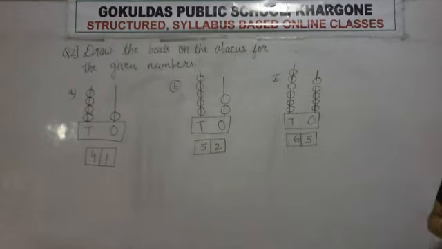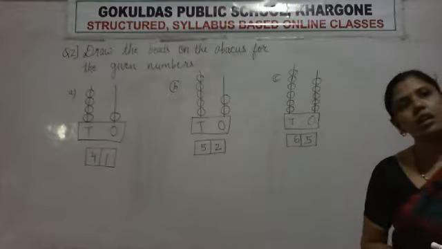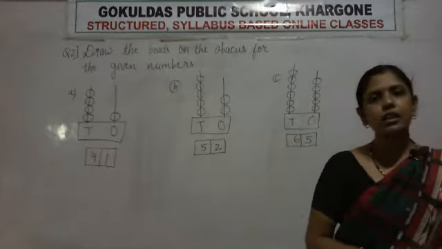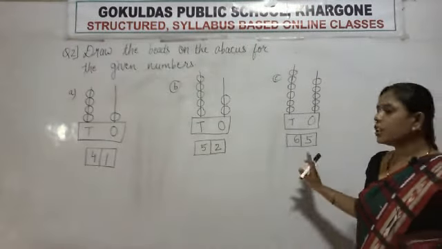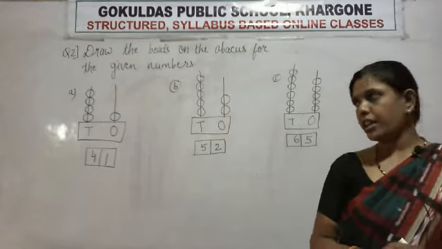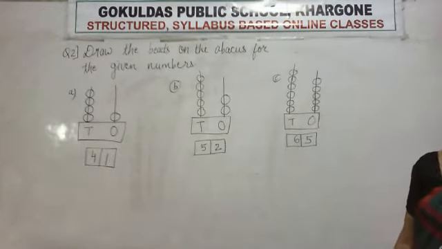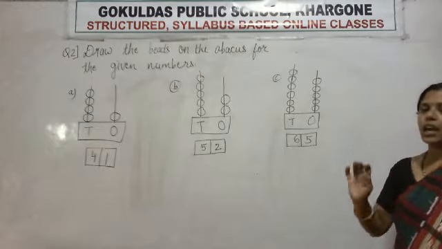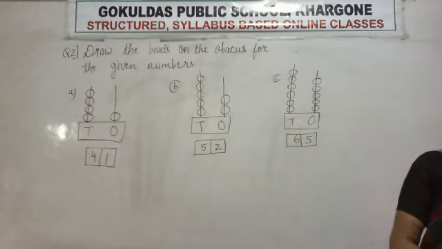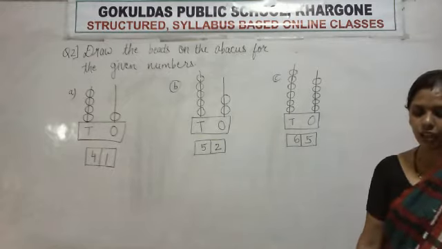In this way you have to draw the number of beads on the abacus. Now do all of you know how to draw the beads on the abacus? You understood the question? Yes. Very good. So copy this question C from the board. All of you copy A, B and C. And copy correctly. Don't use the eraser again and again. Don't spoil your notebook by erasing it again and again.